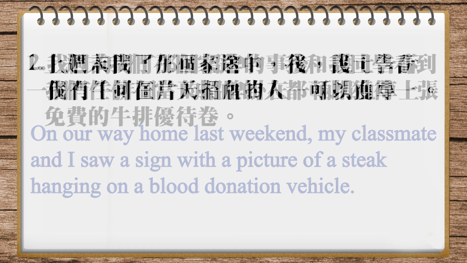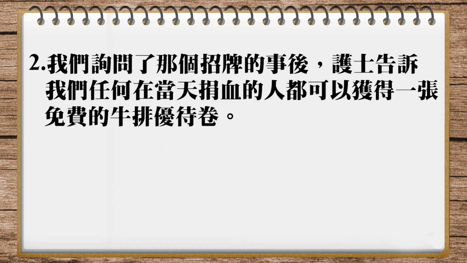Okay. OK，那我们看看下一题。他说我们询问了那个招牌的事之后呢，护士告诉我们，任何在当天捐血的人都可以获得一张免费的牛排优待券。那我们问了那个招牌的事情后，你可以说什么 after we asked about the sign，但是这个是很啰嗦的，因为事实上就是这里很简单，它其实就是问，然后别人告诉你答案，所以这时候不用讲说，例如说你不用讲 after I asked him the question he answered 什么，因为其实你 answer 就是 question 嘛，而且你不用一定是你问了之后他才会回答，所以这时候不需要讲说 after 什么。好，你讲没有错，但是其实你不讲的话会更简洁一点。